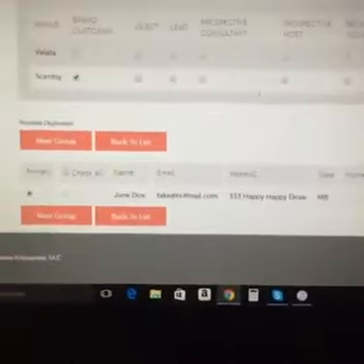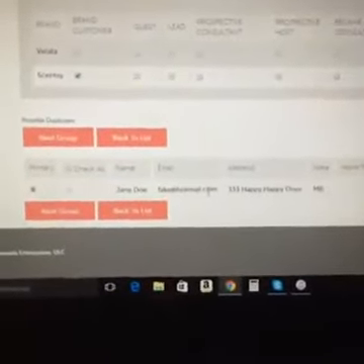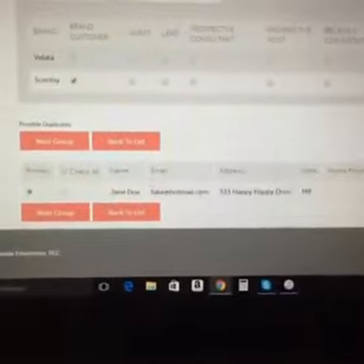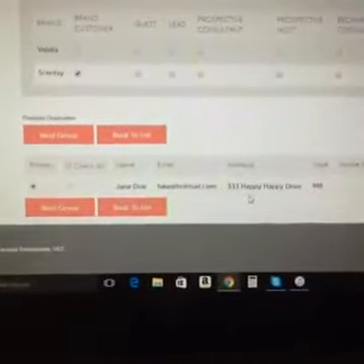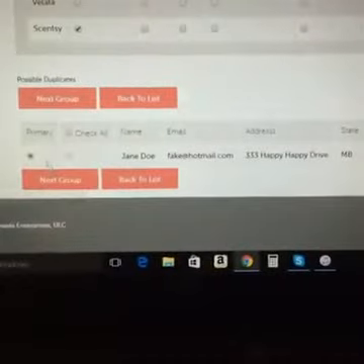And you go to the bottom, and it's only Jane Doe in here now. Okay, so that's basically how you merge. That's all there is to it. It's just really about paying attention to in your list down here which is the right person you want to use as your primary, or which is the right email address, or which is the right address, and then you can merge them together. The other thing I wanted to point out while we're in the workstation here under contacts